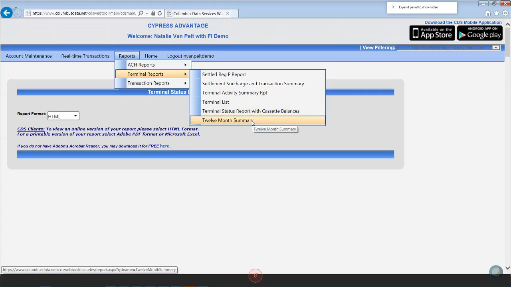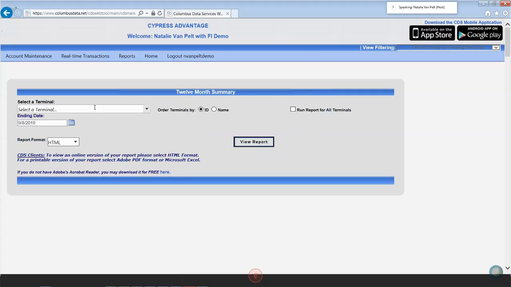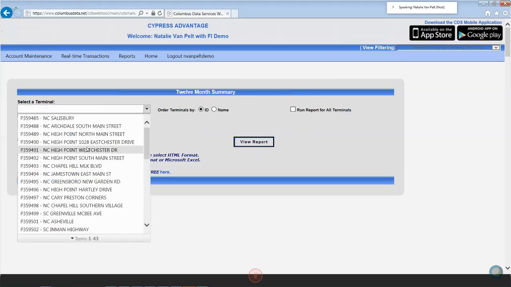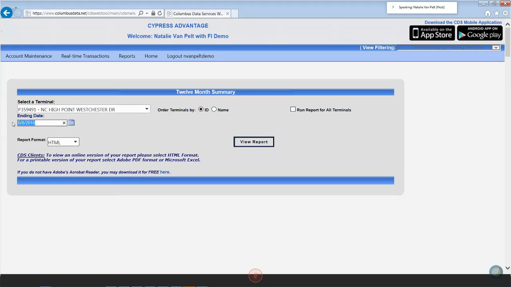Okay, next we have a 12-month summary. This is really good if you're looking to put together a 1099. You can select your terminal ID and then put in your ending date range. So we're going to do August 31st as the last date, and it's going to show you the last 12